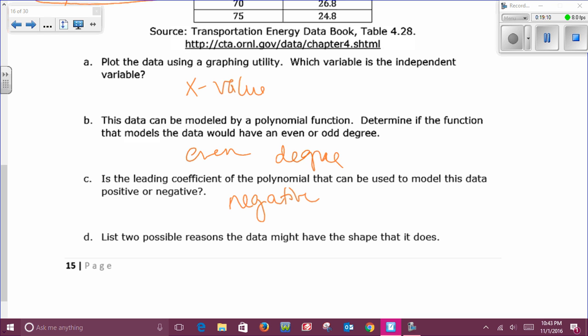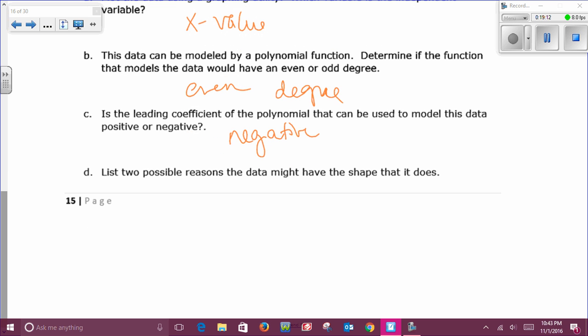List 2 possible reasons the data might have the shape that it does. Well, one is the faster you go, the more fuel is used. That's one possibility. And another is fuel economy